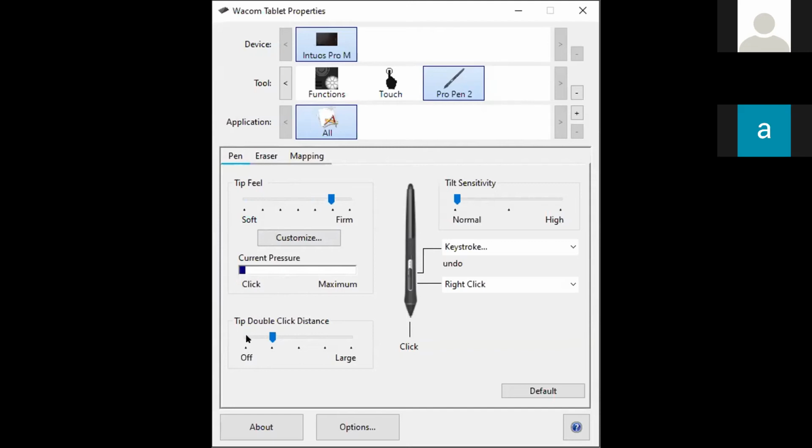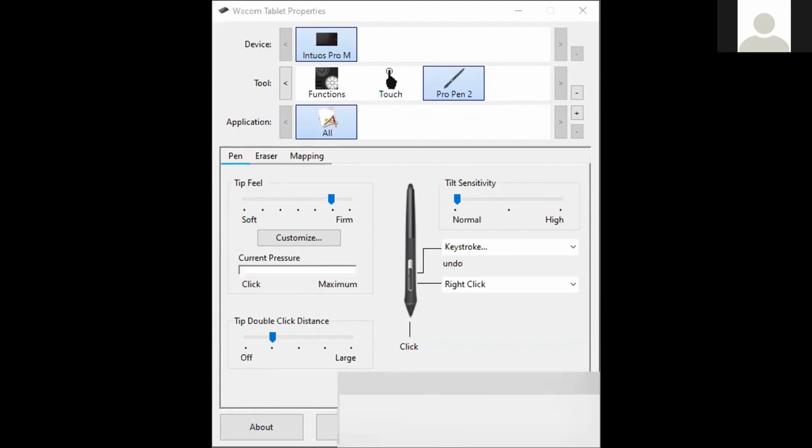And the second is double click distance. I am assigning this only for Photoshop.